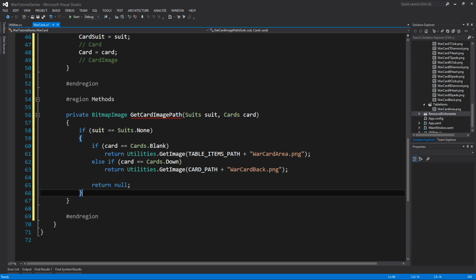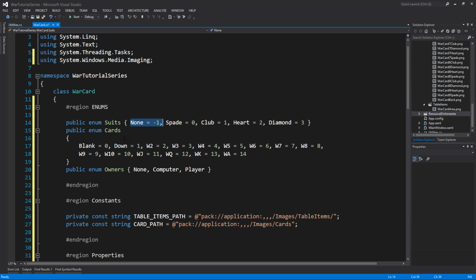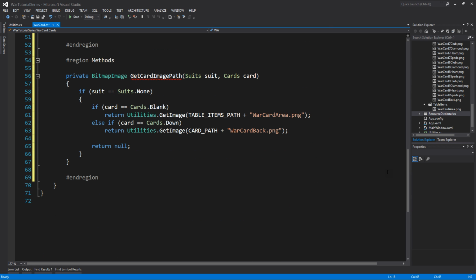But if it's not a suits.none, so if it's not this, then we're going to have a spade, a club, a heart, or a diamond. At that point, we need to take into account which card it is. You know, is it an ace of hearts or a king of spades, something like that. So what we'll do here is we'll do else, because it can either be suits.none or then it's got to be a suit, right? We want to return utilities.getImage